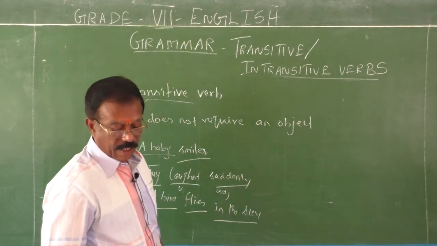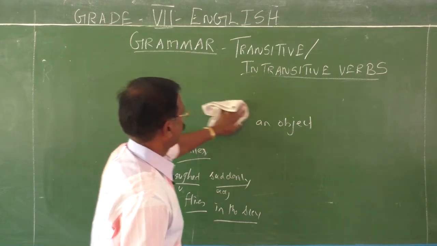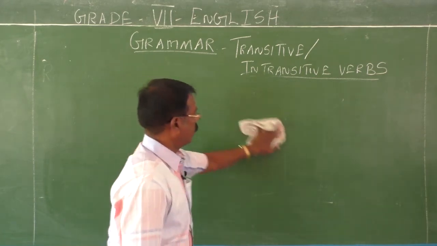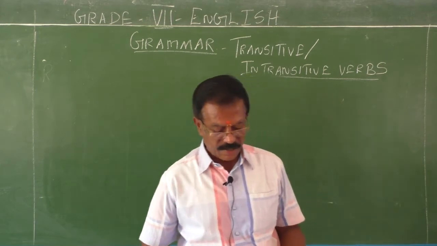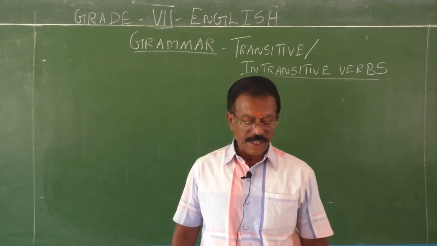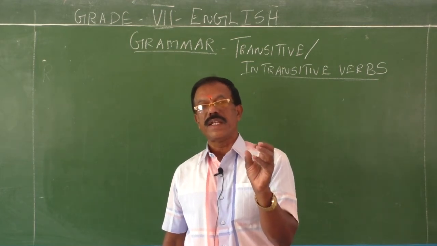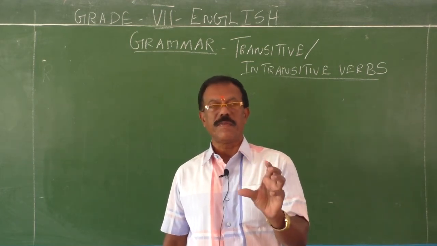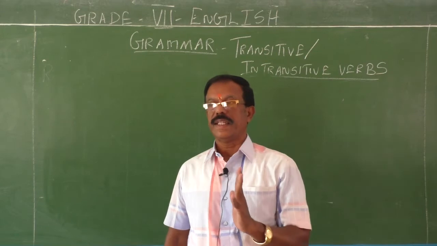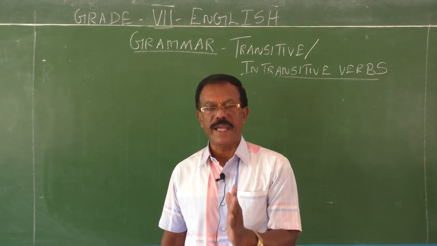I will explain how to identify. So see the basic problem: direct object, indirect object, and then transitive and intransitive. But whether a verb is transitive or intransitive, how will you identify? So you can easily identify. Sometimes a transitive verb may be used as an intransitive verb. The verb can be used transitively or intransitively. So you cannot say that this is a transitive verb, this is an intransitive verb. It depends upon the place where it is used.